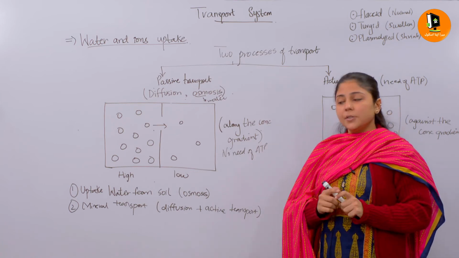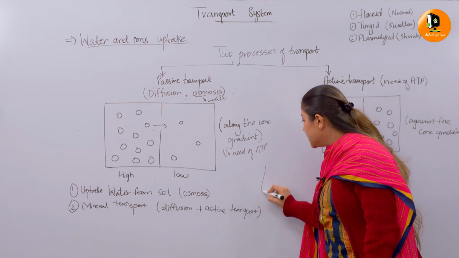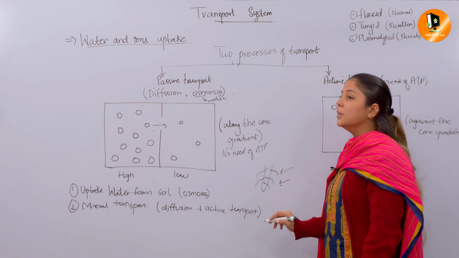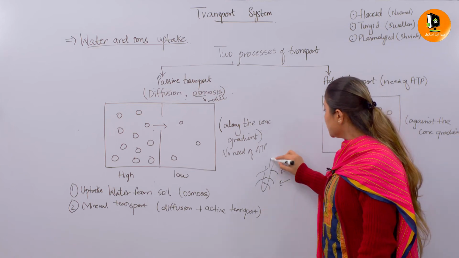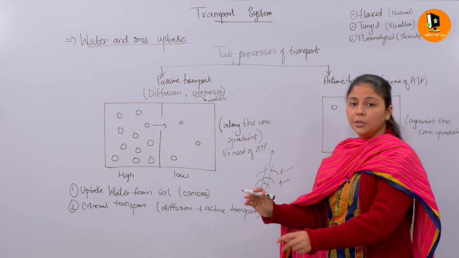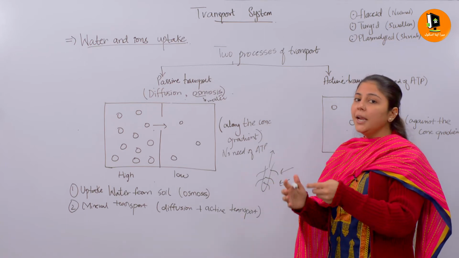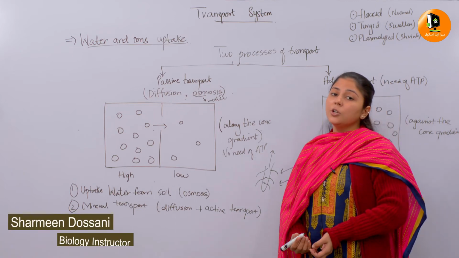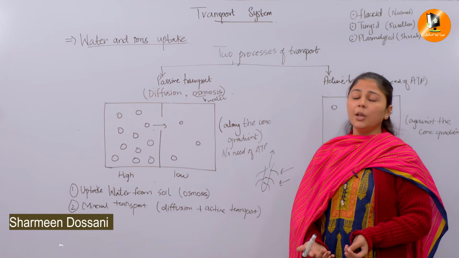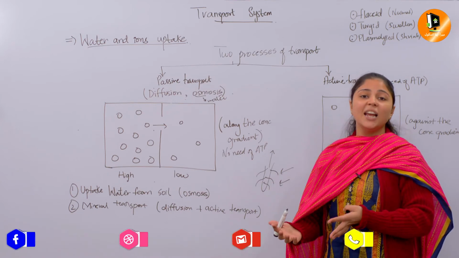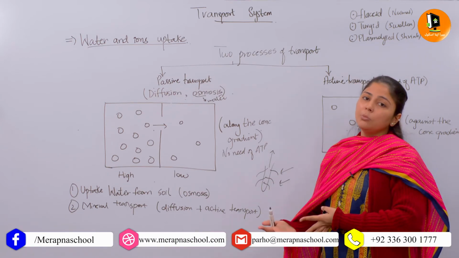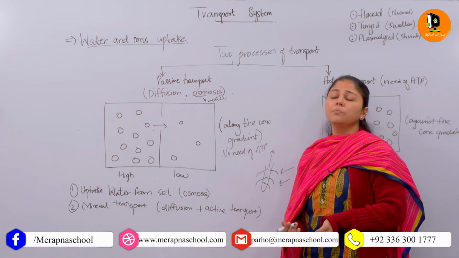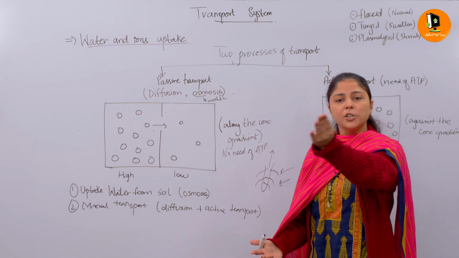Over here again it's a process that takes place, because the roots have root hair cells, so they are absorbing the water molecules and transporting them. The roots absorb the water molecules and give them to the xylem vessels, because it's a vascular plant, and a vascular plant has xylem and phloem. I hope that you have a concept of the xylem and phloem. Xylem transports the water molecules, while phloem transports the food from the leaf to the rest of the plant.